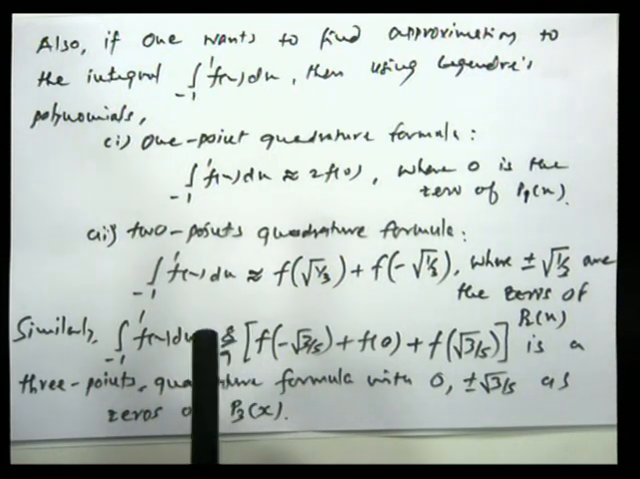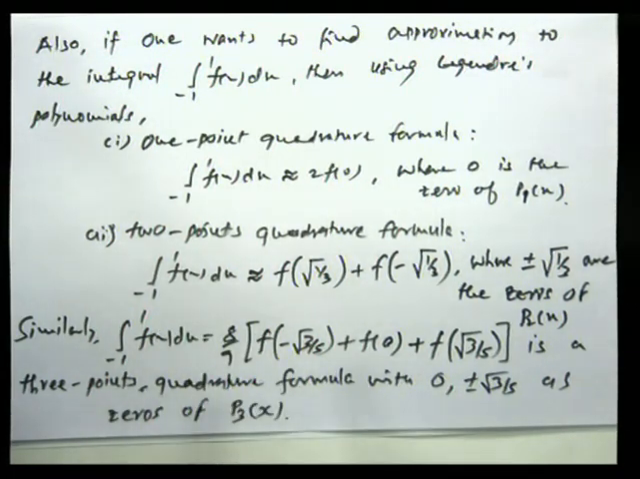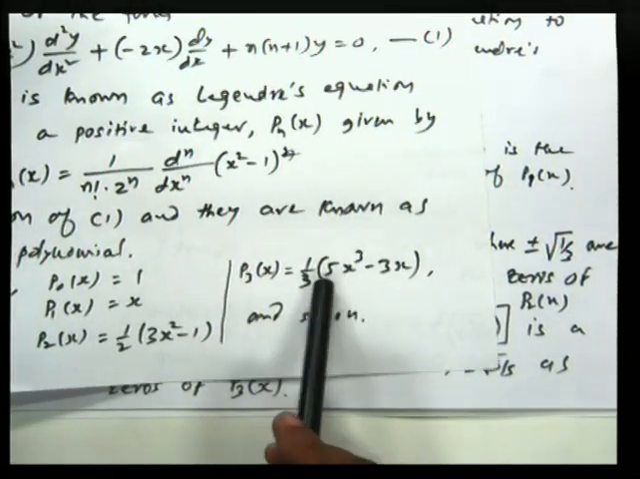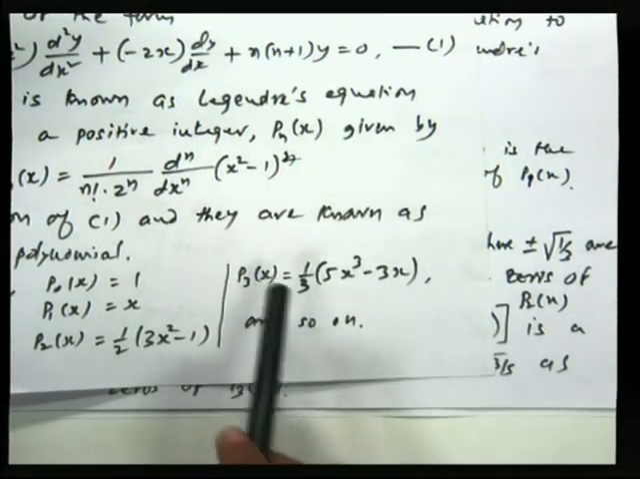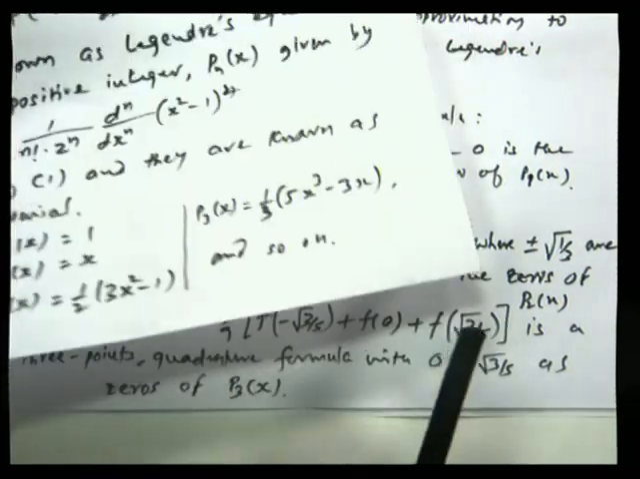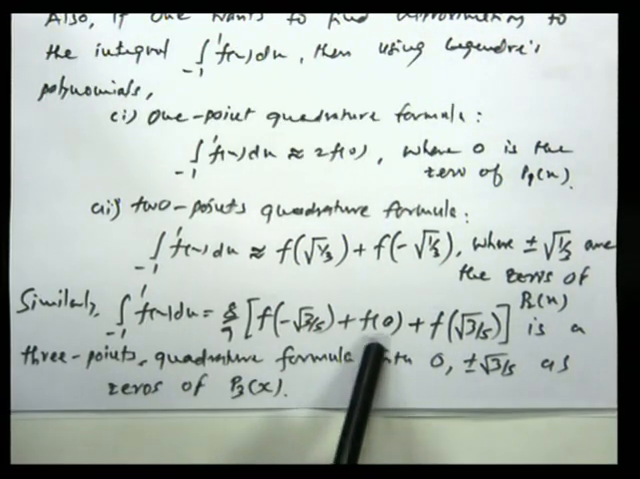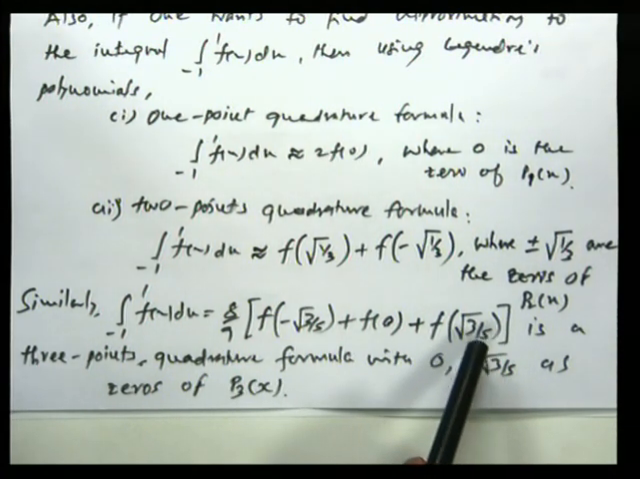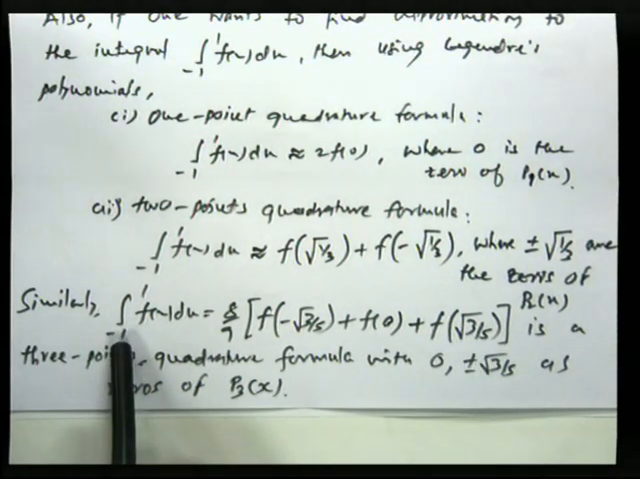The same thing we can do if you are interested in finding the 3 point formula. You can consider P3(x) and take the zeros of P3(x). They are found to be 0, minus root of 3 by 5 and plus root of 3 by 5, and hence we get the approximation to the integral